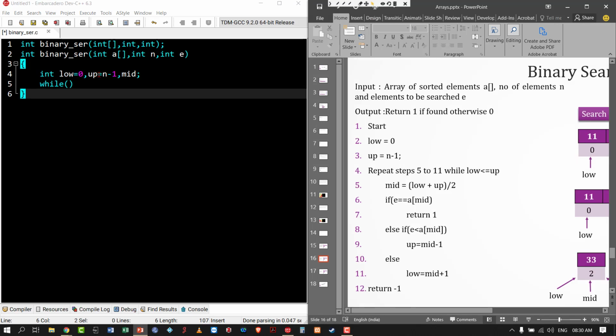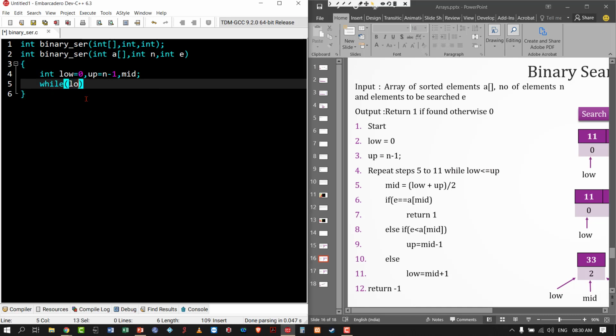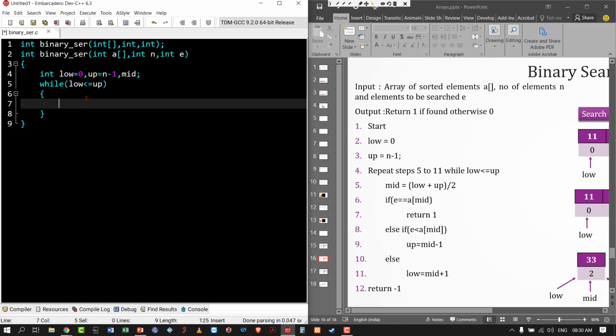Low equal to 0, up equal to n minus 1. Repeat the step while low less than or equal to up. So the condition is low less than or equal to up. You have to remember that condition. Mid equal to low plus up by 2.